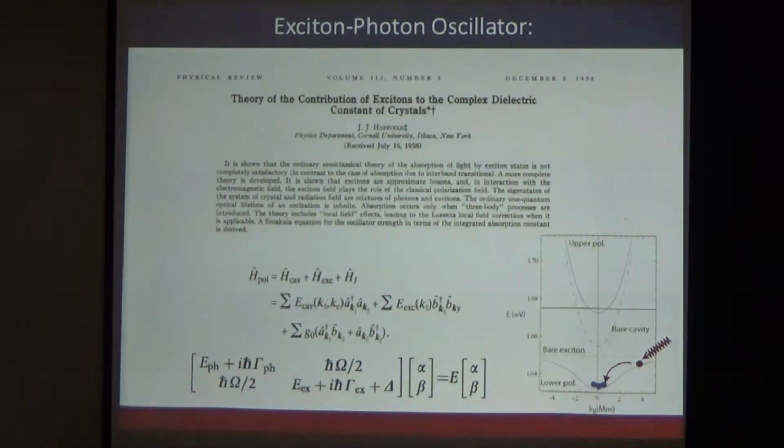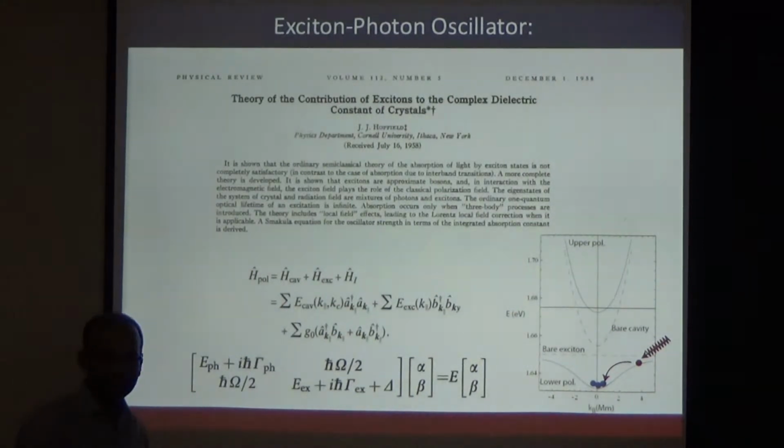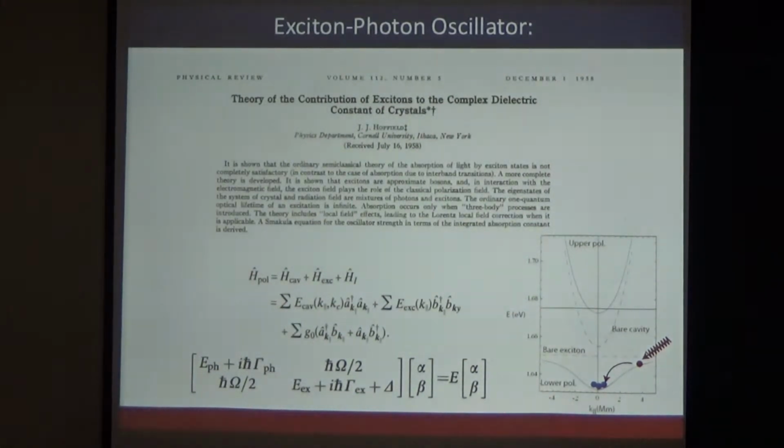People have done this experiment not in these TMDCs, but using quantum well heterostructures, for example gallium arsenide, gallium nitride, and aluminum gallium arsenide quantum wells. There you can create multiple quantum wells sandwiched between two distributed Bragg mirrors, and that quantum well can also host this two-dimensional exciton, right? And there you can also have these